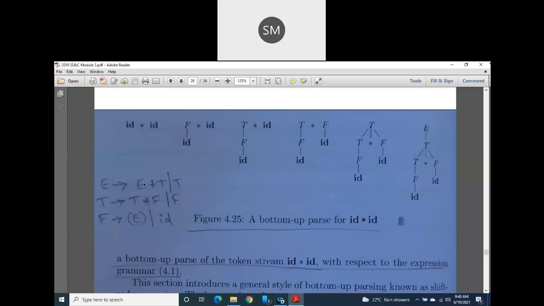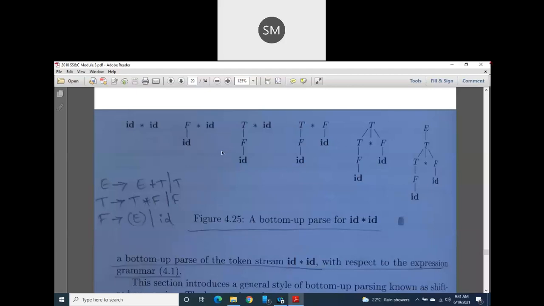So it is true in the first production. It is true in the second production also. T is immediately repeating in the RHS. So these types of grammars are called left recursive grammars. So LR grammars are very much suitable for bottom-up parsing. And also in LR grammar, capital L indicates scan the input from left to right, and capital R indicates perform rightmost derivation. Rightmost derivation only we are performing.